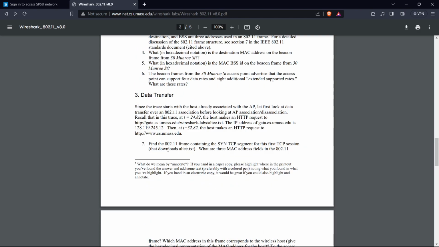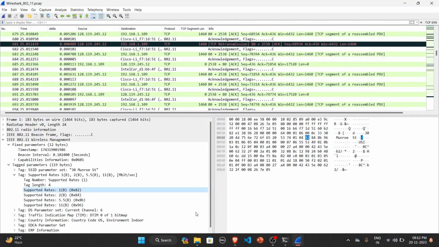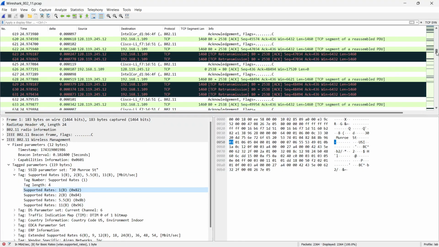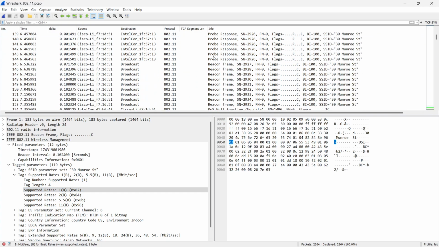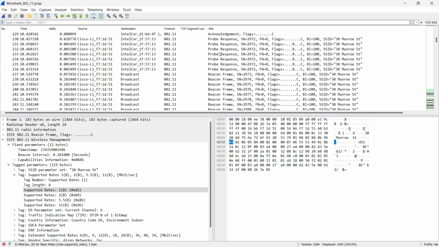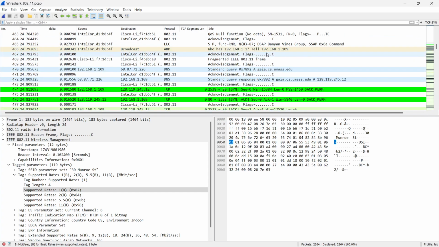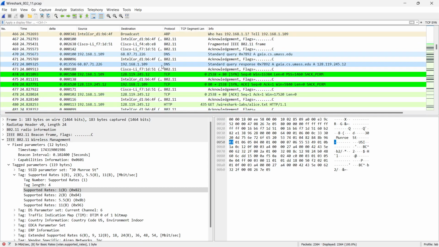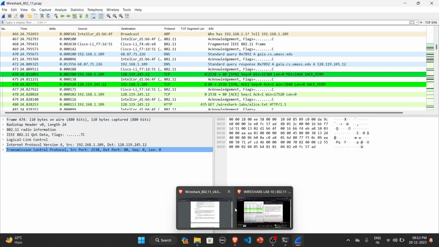So now we go to find the SYN TCP in the first session. In Wireshark, I'm searching for the first TCP SYN. Here it is, the first TCP SYN. I'm just going here, and it is asking about